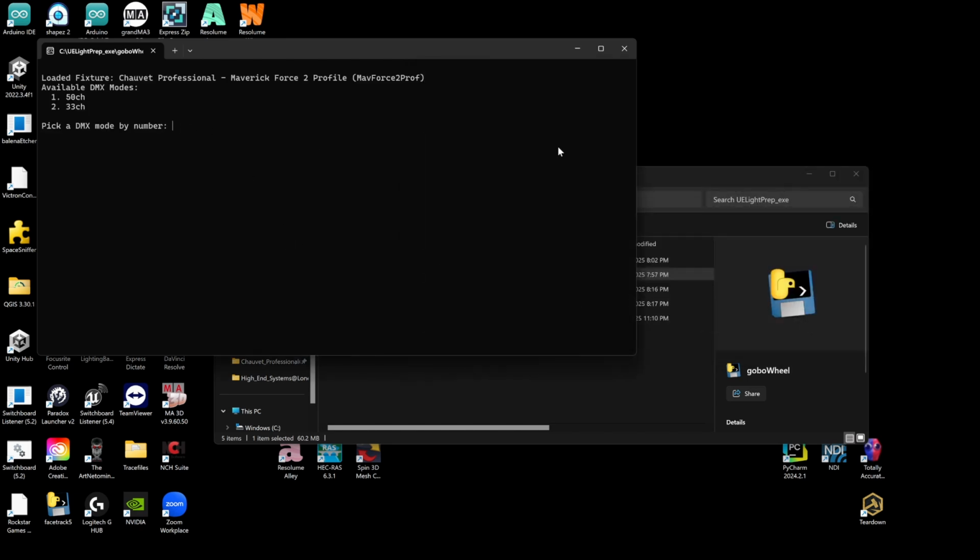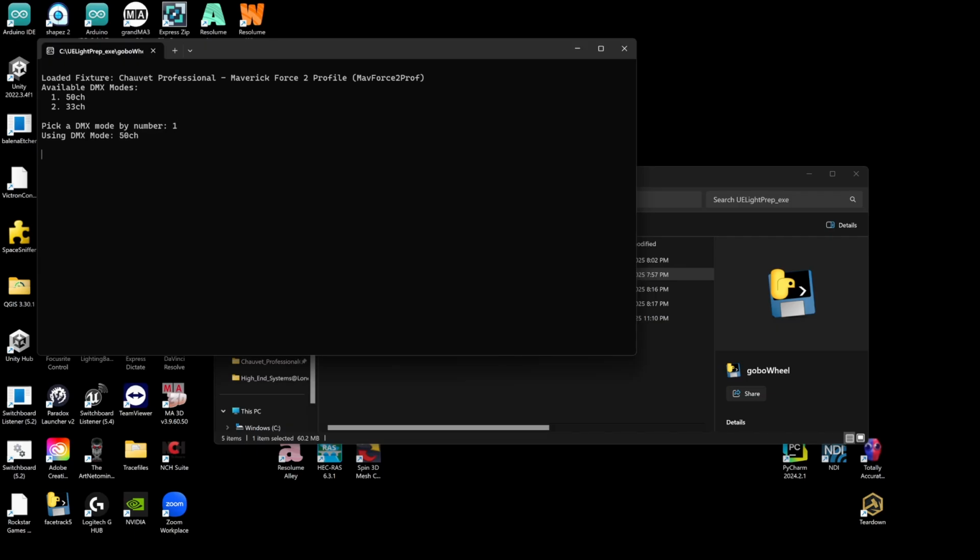So let's hit open, and then it's going to ask you what mode you want to build for, or specifically what mode it's going to parse the values for. Now on something like the gobo wheel and the color wheel, it's the same wheel between the two. Like, the wheel can't physically change, but what might change is whether it's 8-bit or 16-bit. I honestly haven't prepared the gobo wheel for a 16-bit gobo wheel. I hope I don't encounter something like that, because frankly I don't see the point in a 16-bit color wheel, but it exists sometimes. So we're going to type 1 for